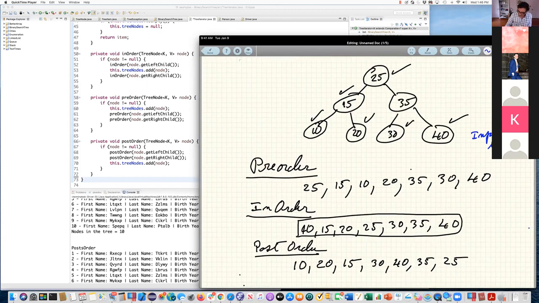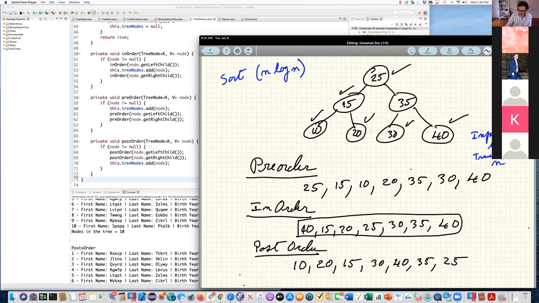And traversal is n. So the sort in a binary search tree is an n log n complexity, assuming the tree is reasonably well balanced. Okay, and we're going to talk about what it means to be a well balanced tree in a second.